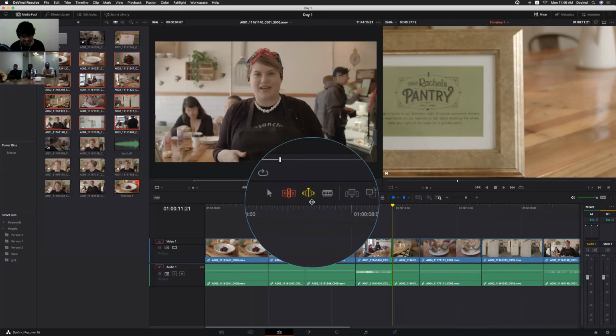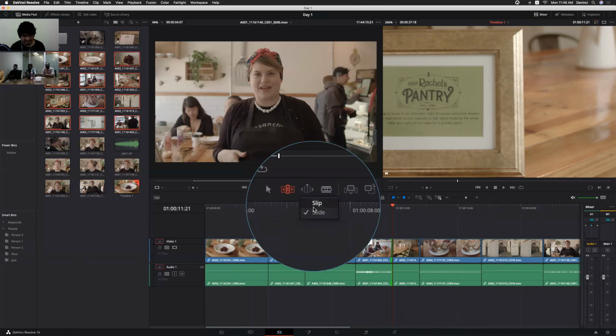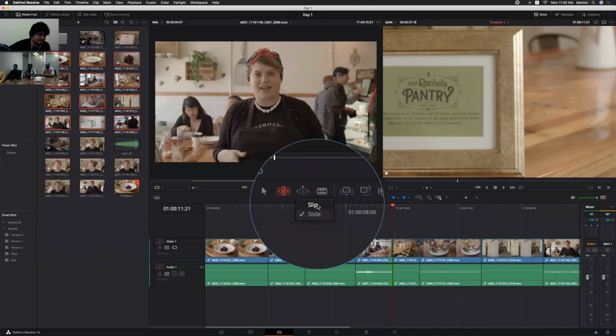And one more thing in dynamic trim, here we are seeing slip and slide. Slip, slide. Okay. Same as extend edit, it slips the content by adjusting the frames.